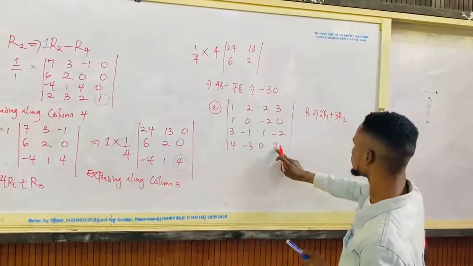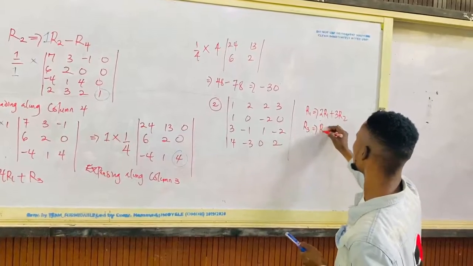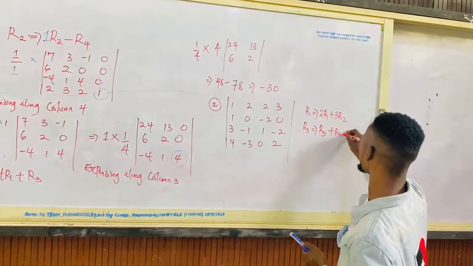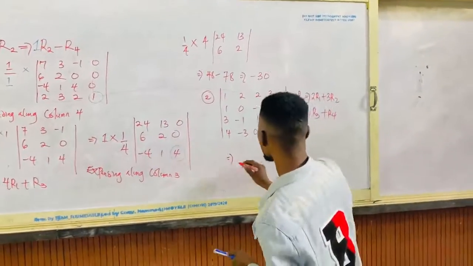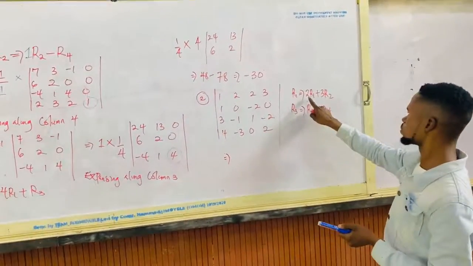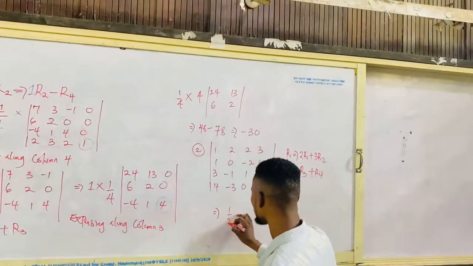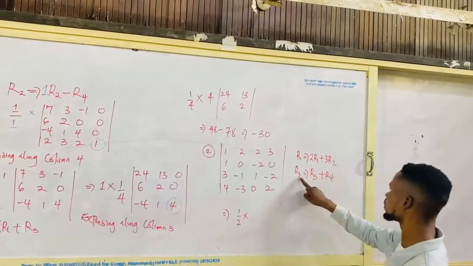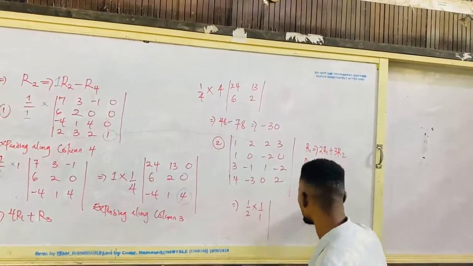What about this row 3? My row 3 new can be taken as row 3 plus row 4. So if I add this together, that's 0. Now I want to reduce row 1. What is the coefficient here? 2. I don't care about row 2, so that will be 1 over 2. I want to reduce row 3. What is the coefficient? 1. 1 over 1. Then the determinant of